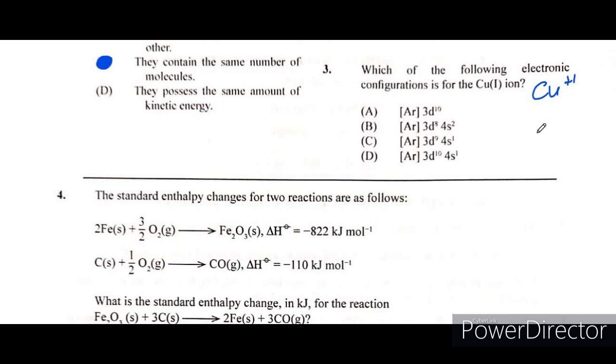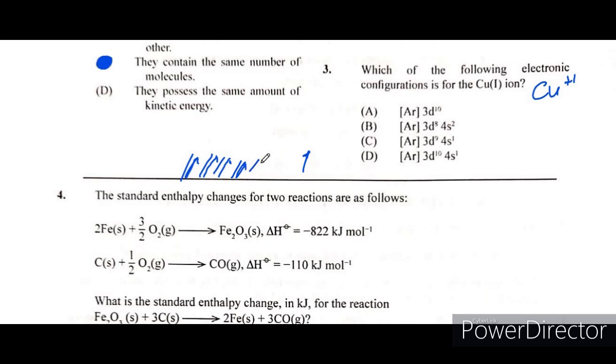That means copper generally has the 1 electron in its 4s, and to make it 29, we have 1, 2, 3, 4, 5, so that's what, 18, 19, 20, 21, 22, 23, 24, 25, 26, 27, 28,